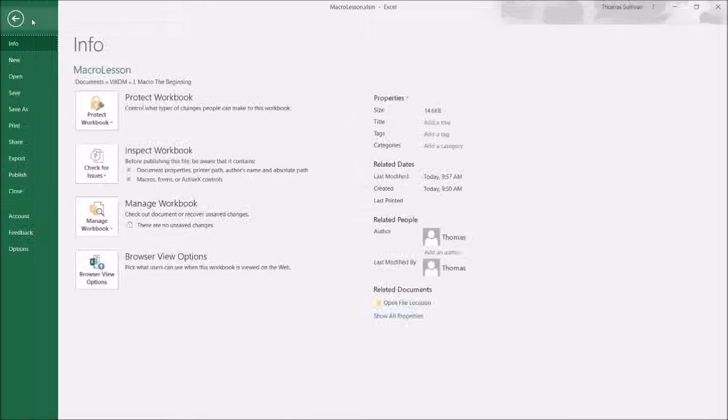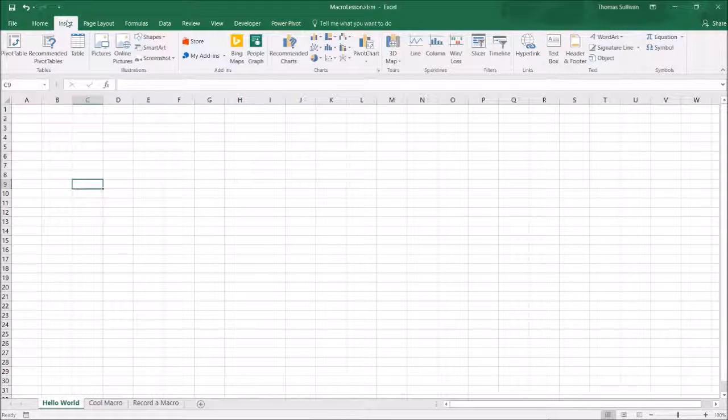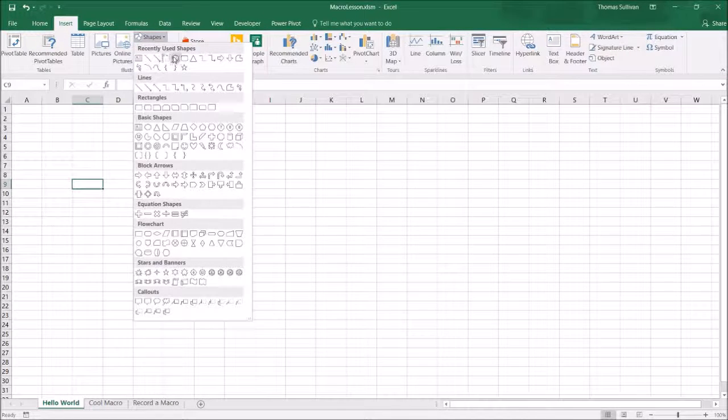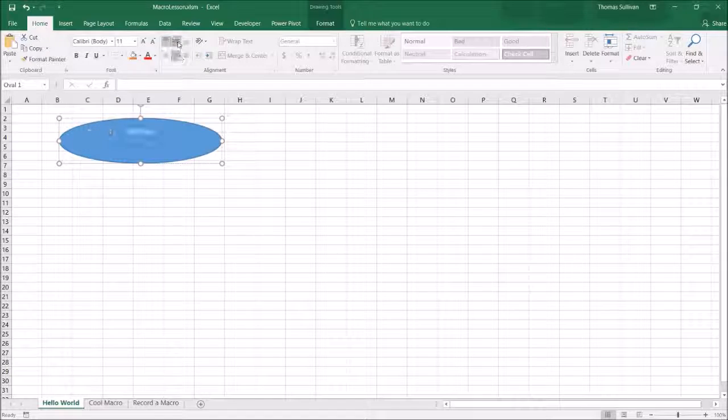And now we're back in Excel land. So everything's the same. We can use Excel regularly, but we have written a little instruction for Excel. Now how can we make that instruction execute? There's a few ways. An easy way is you insert a shape, and we will call this button. We will center that text, make it maybe a little bit bigger,